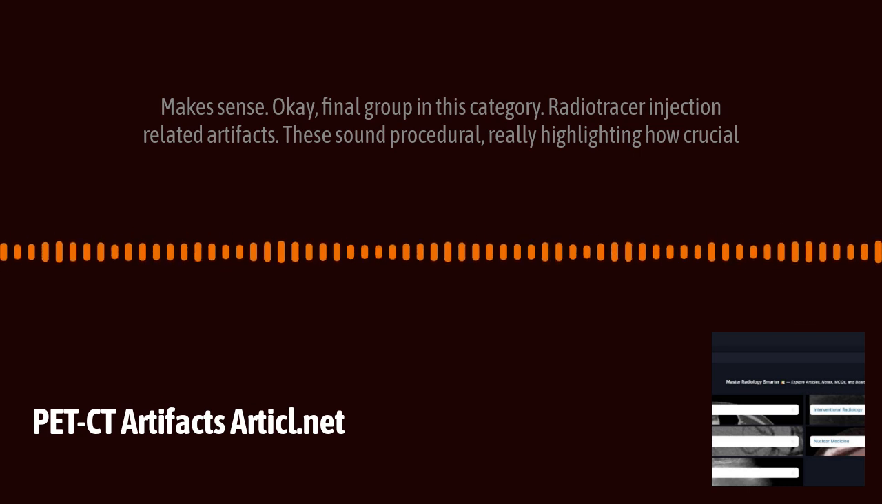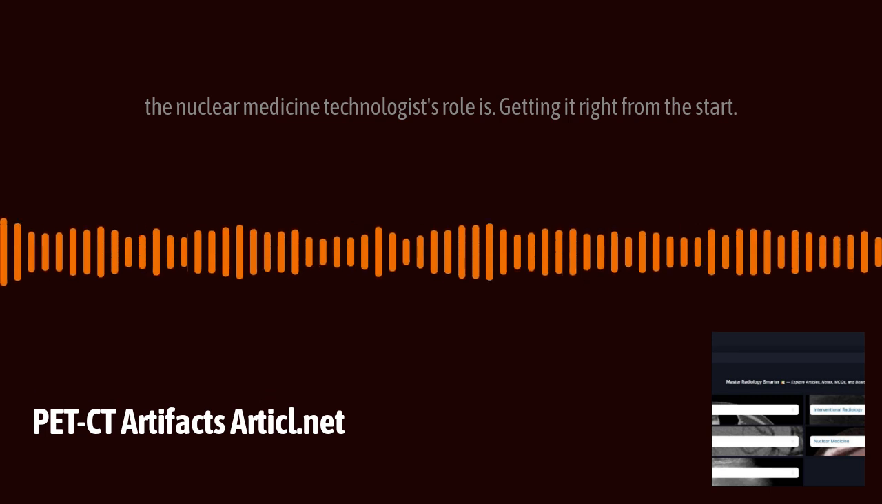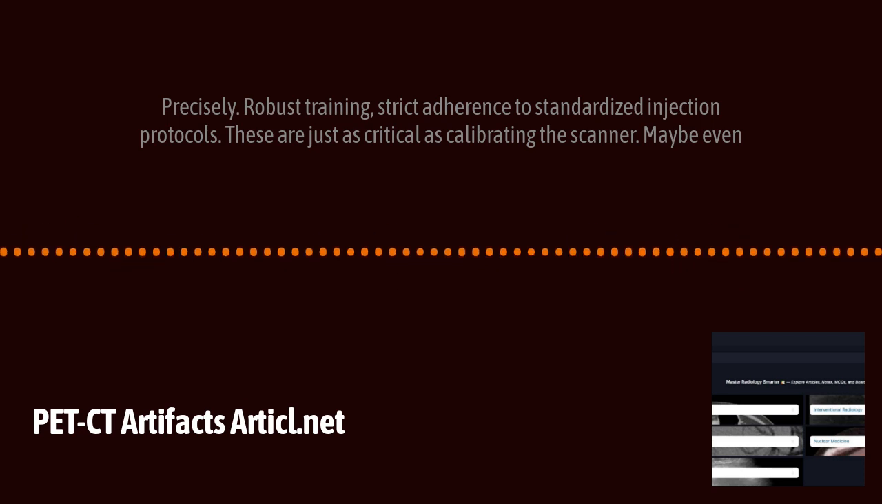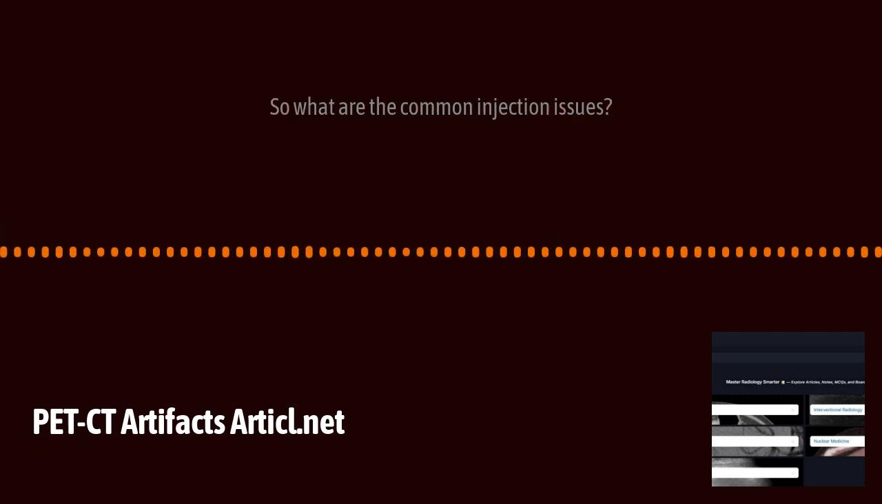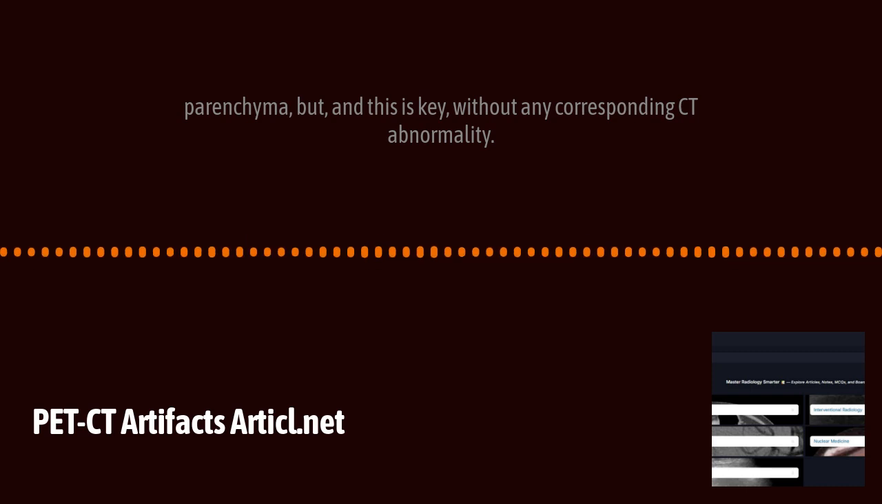Okay, final group in this category, radiotracer injection-related artifacts. These sound procedural, really highlighting how crucial the nuclear medicine technologist's role is. Getting it right from the start. Precisely. Robust training, strict adherence to standardized injection protocols. These are just as critical as calibrating the scanner, maybe even more so sometimes. So what are the common injection issues? Well, a classic one is FDG hot clot artifacts, sometimes called microemboli. These show up as significant focal FDG accumulations, usually in the lung parenchyma, and this is key,